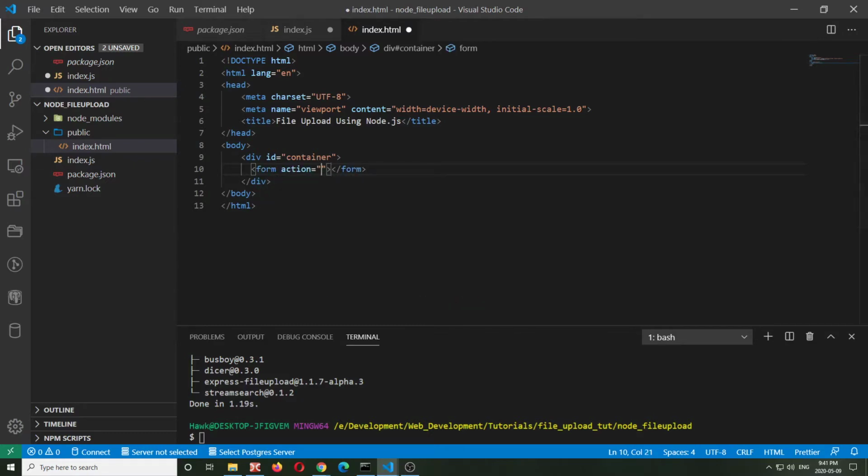So the form will actually contain whatever user interface elements that we are going to use for uploading the file. In this case, I'm going to use a very simple label and one input for the file name and one button to submit the file. So I'm going to say first input, and the type of the input will be file,